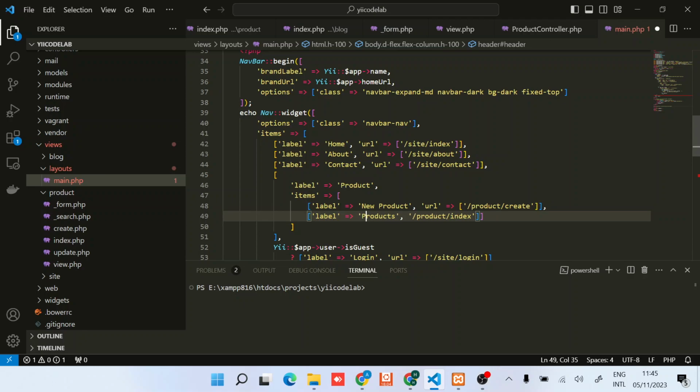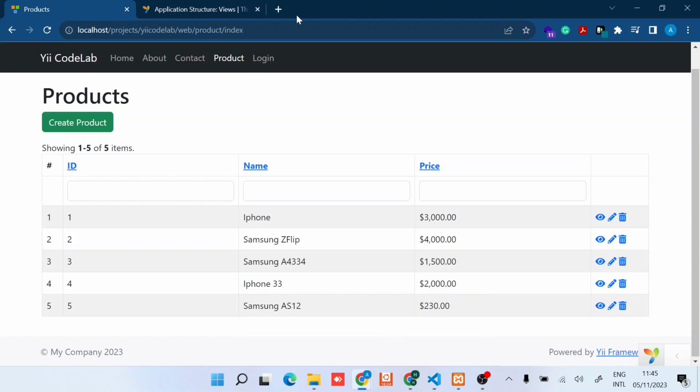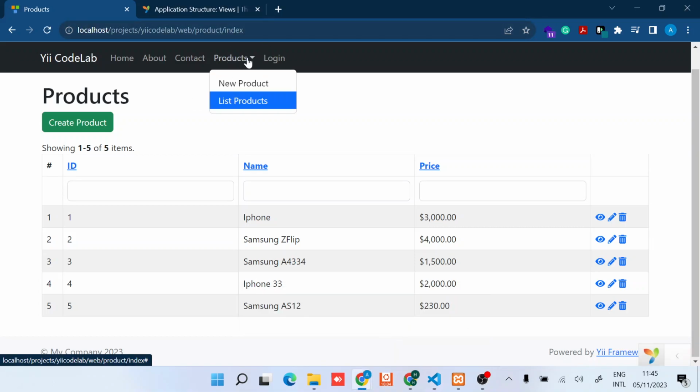Let's just name it list products, then our URL will be product index. Once we have that, we can refresh our application, and so you can see we have this